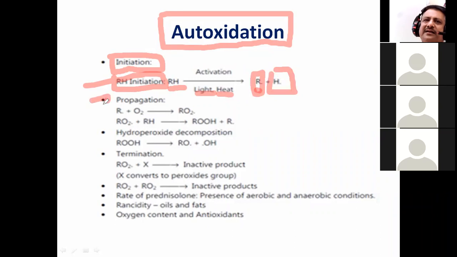Then the second step will be propagation, where your alkyl group plus oxygen will lead to RO2. Okay, so RO2 plus the product which you got in the first step, that is initiation, will lead to